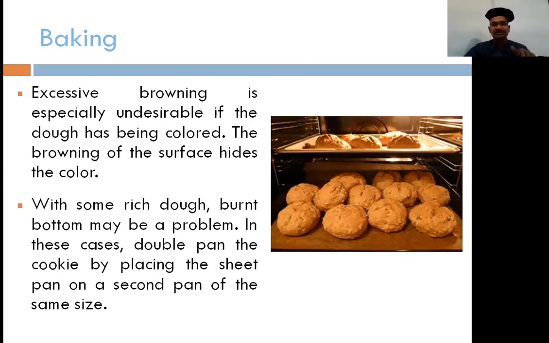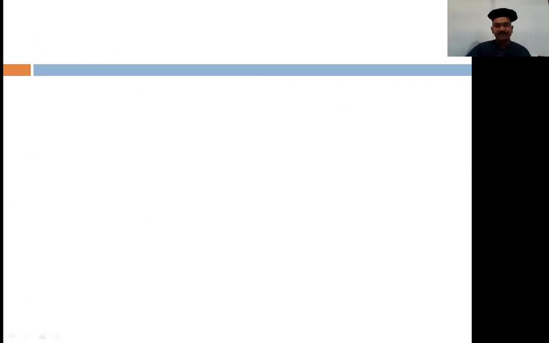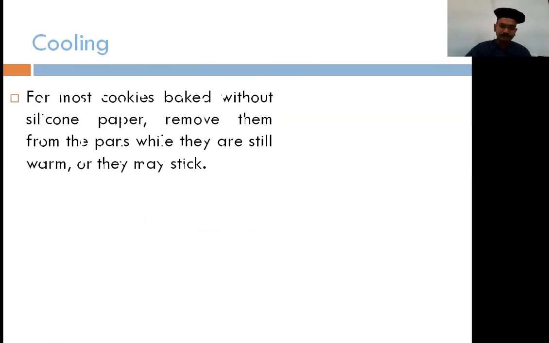The first pan needs to be upside down in the oven, and on that upside down tray, you put your cookie tray for baking. So it is not in direct contact with the bottom heat. Okay, that is really important whenever we have to bake any cookie.